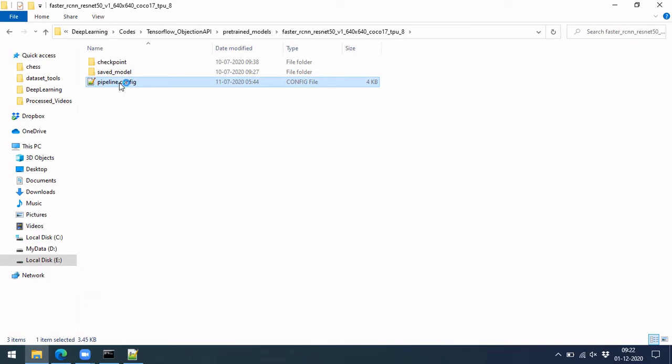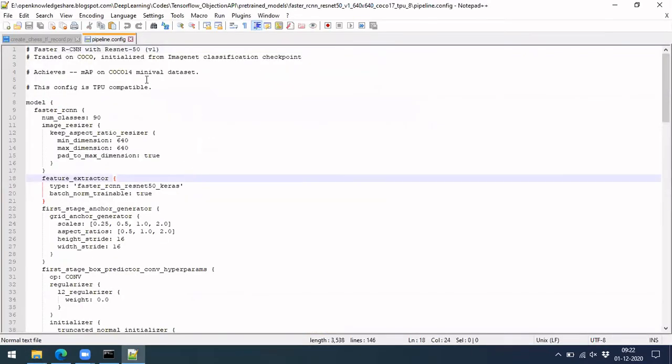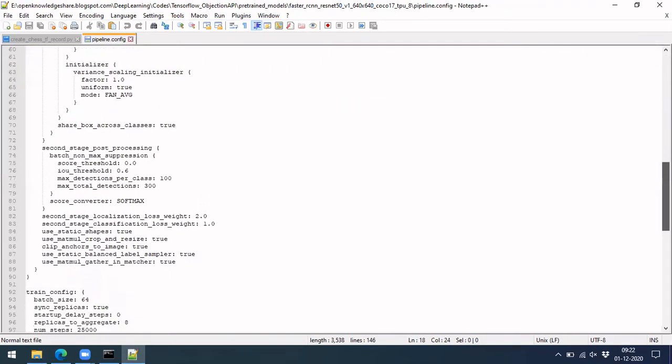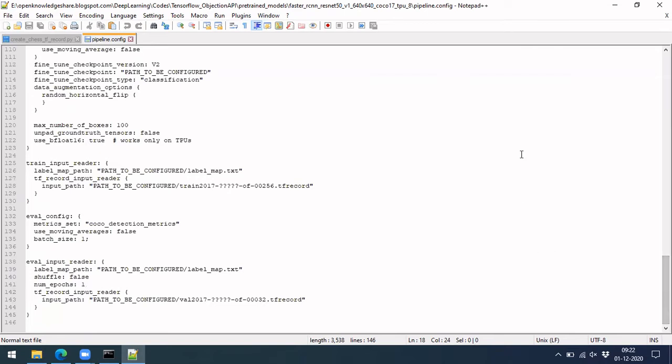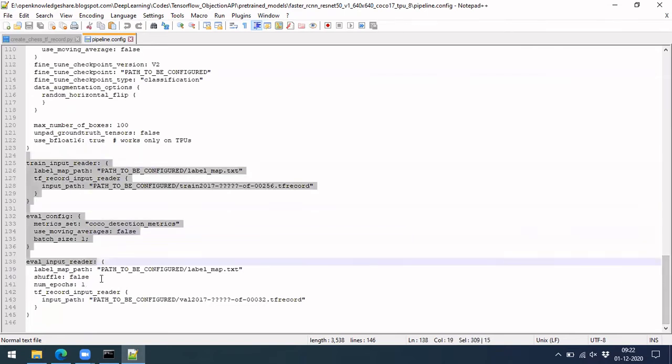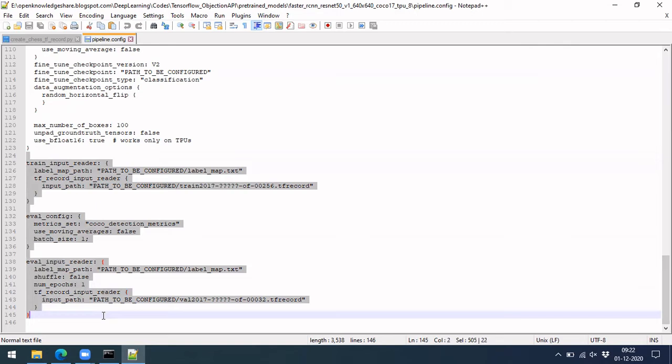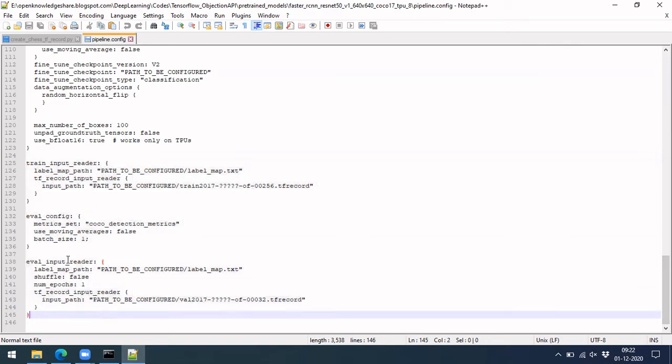If you open this pipeline.config, it contains the configuration file which can be used for this particular model. Any configuration file you have will have this set of parameters which need to be set up. Let's come from the last, because all the modifications are here.